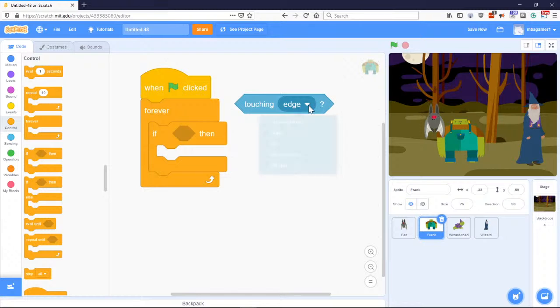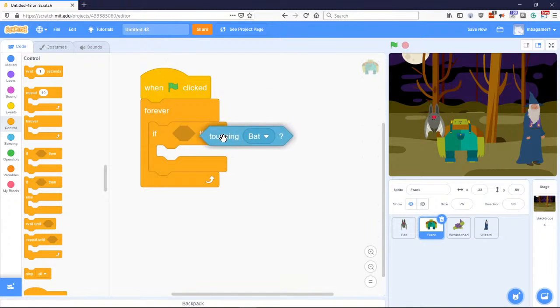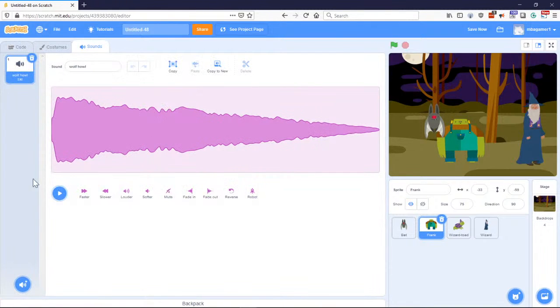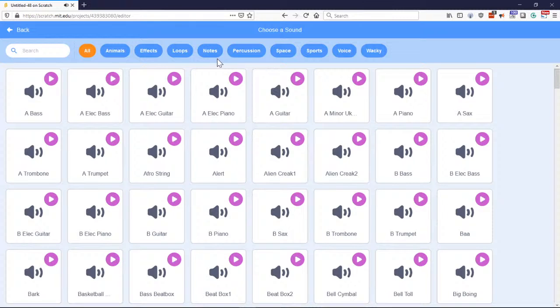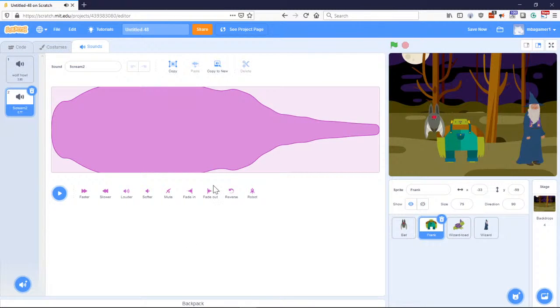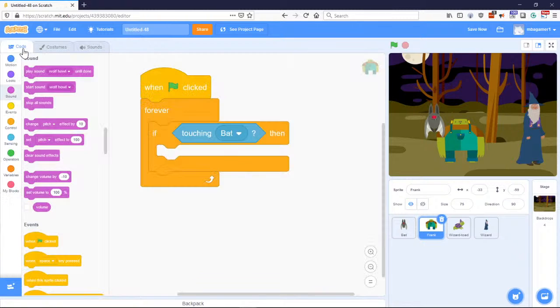If, no, the bat. If touching the bat, then I want to do the sound. And we have the howling, so let's go to our sounds and let's re-add the screaming, which was funny. Well, we do the screaming too this time. All right, so we do our code, and we're going to drag the play sound,